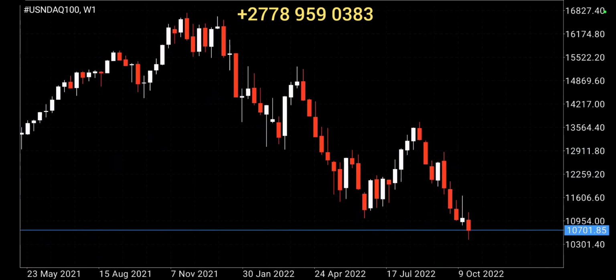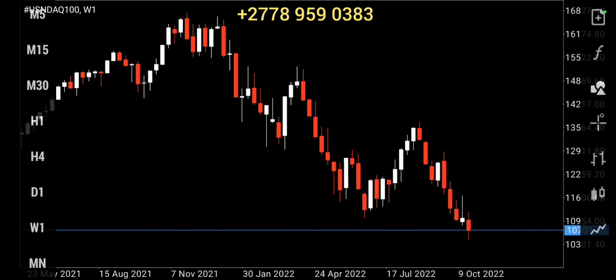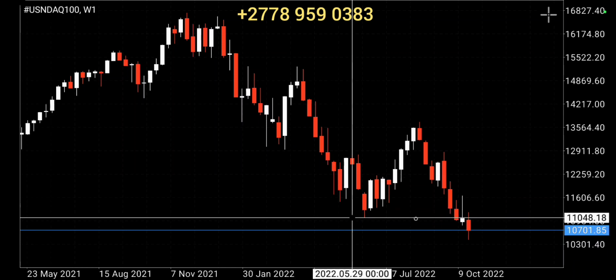So now that you know how your monthly looks, we're not going to waste time with the weekly. The weekly is also bearish, and remember when we made the last video, we had this, right? And I was saying that we had just broken below this low here, this support. We just broke below it here, right? And after breaking lower than it, we get something like this.